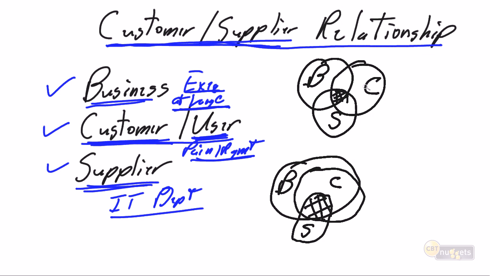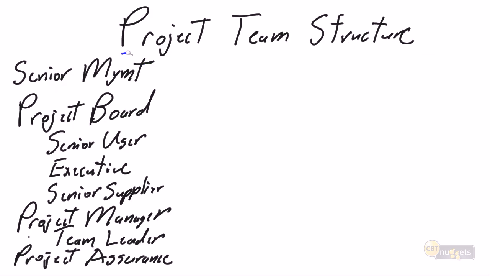So again, you're not going to be asked to draw a Venn diagram or Steve's interpretation of the Venn diagram, but you will definitely be expected to understand the relationships between the business, the customer, and the supplier for your Prince2 exam. And our final component of the Prince2 organization theme is the formal,